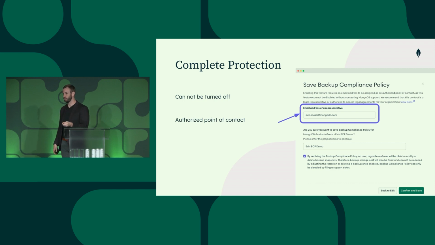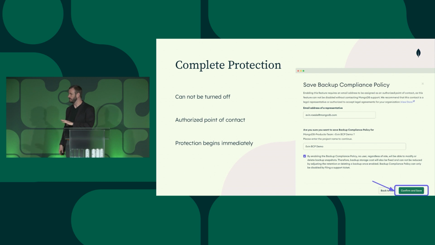They have to reach out to our support team and work with our support team to go over a multi-day verification process before this feature can be disabled. And we really try to narrow this down into one person, because that limits the range of attack possibilities, right? And that's also why we have verification on this person when they contact support. So we take this very seriously and make sure that it's actually not an easy process to disable this feature, to give you the compliance and security that it needs.